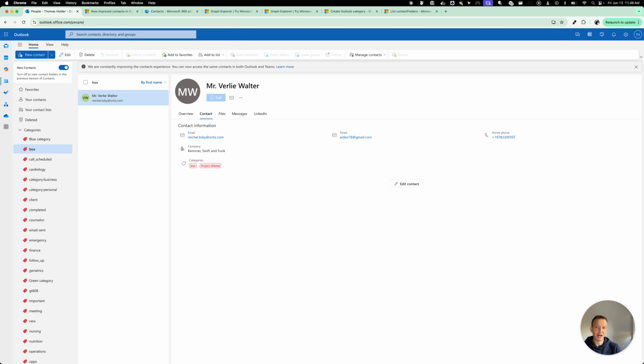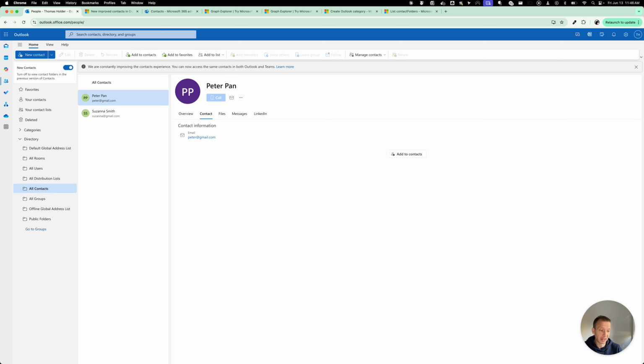All I can say is that we will do our best to create a system that synchronizes the labels correctly, but I think that Outlook Contacts is very much in a state of flux at the moment with respect to categories, and even just the terminology itself is very confusing. Just the names of the directories, very, very confusing, I think, to most people. And I think it's a real shame that there isn't an API for all contacts,